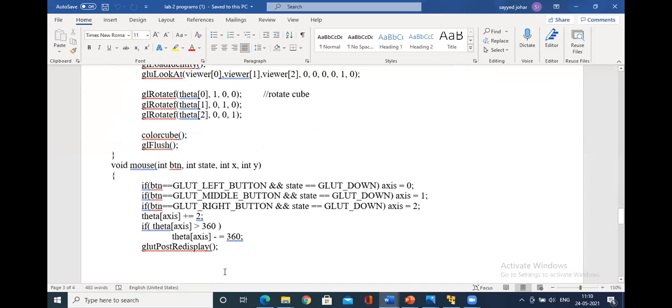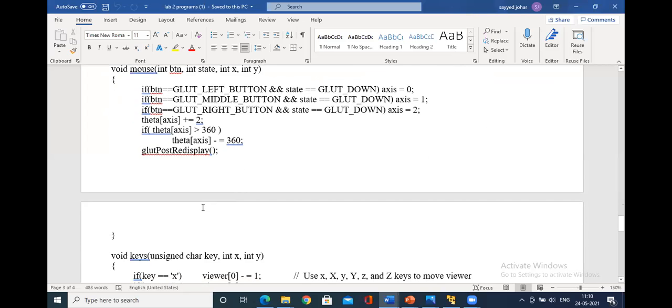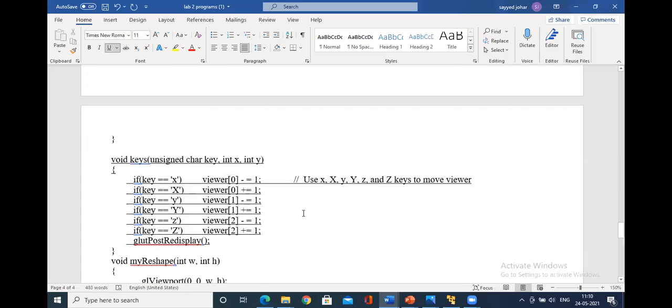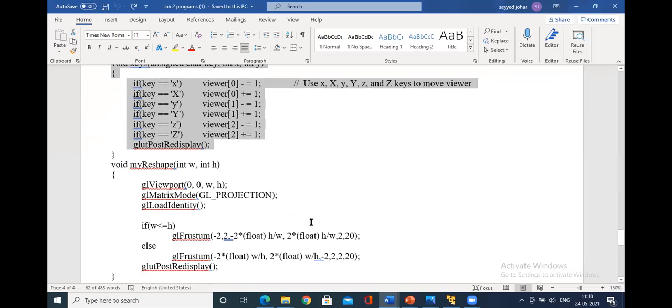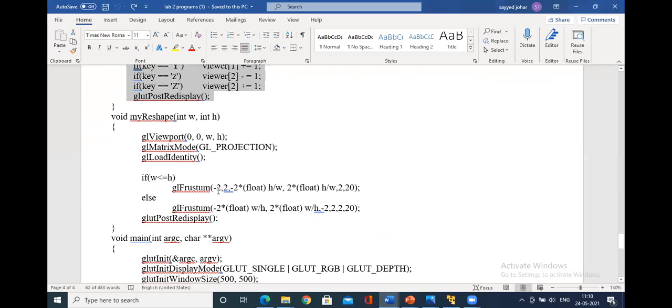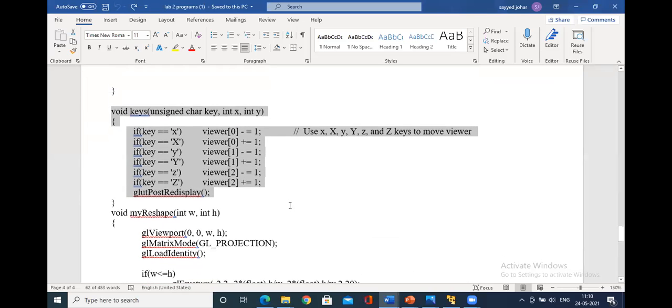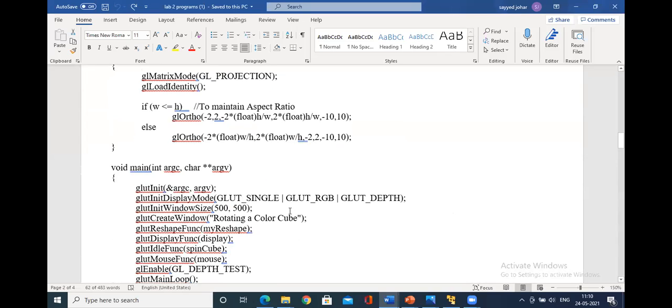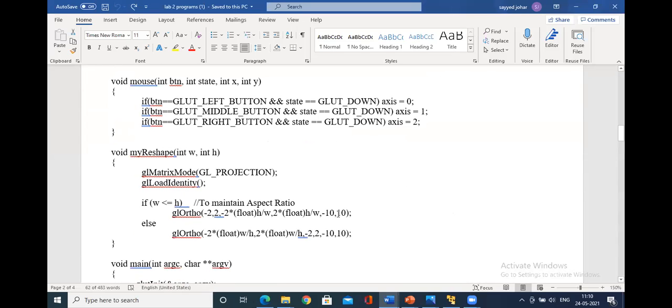What is a viewer? Here, instead of the mouse, we'll also use keyboard functions. We'll see how exactly we use the keyboard. The rest of the thing is almost the same. The viewer functions are almost the same compared to the previous program. Same program, so if you study one program, you should be capable of doing the other. The difference is with respect to the aspect ratio.